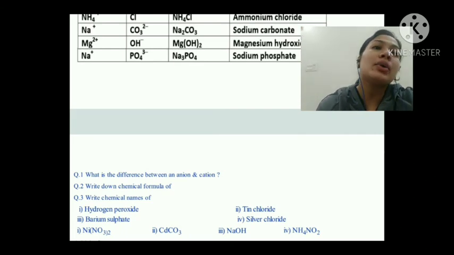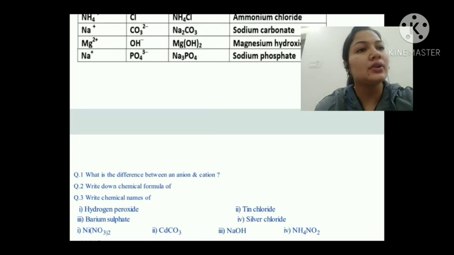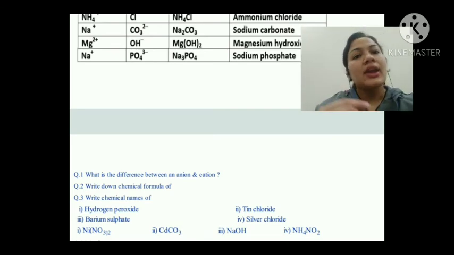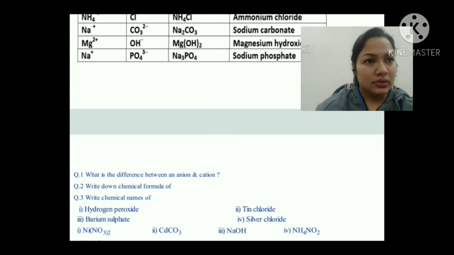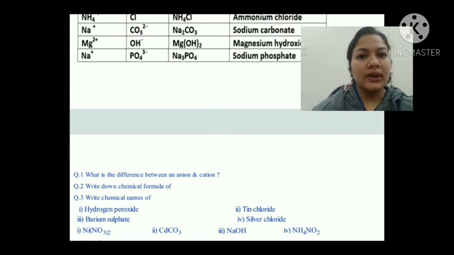You can take the help of the book also. It's not necessary that all the atomic numbers you must be remembering. Okay, even in the exam also your atomic number should be given. Okay, now just go through it. Okay, and do these questions and other questions also which I will be giving.